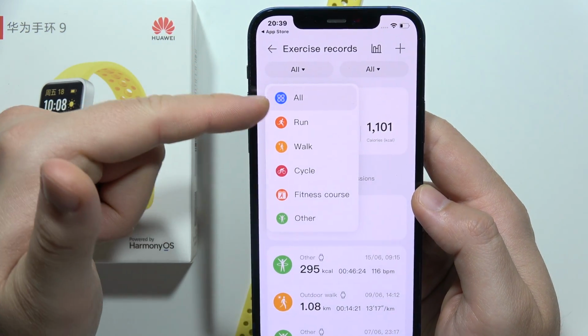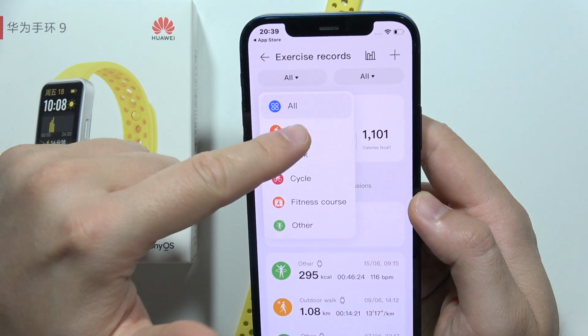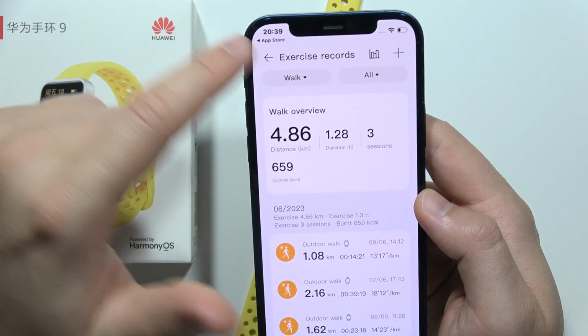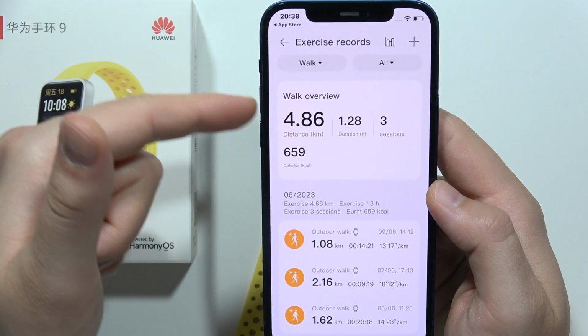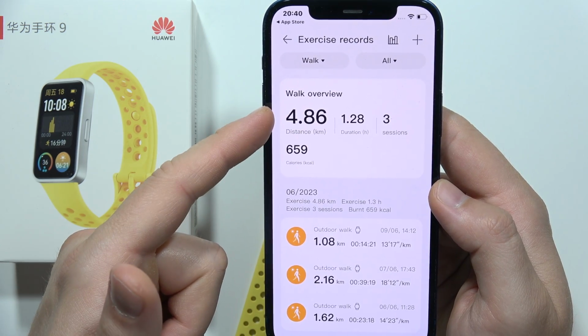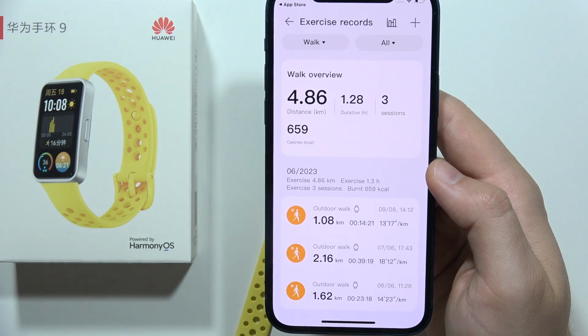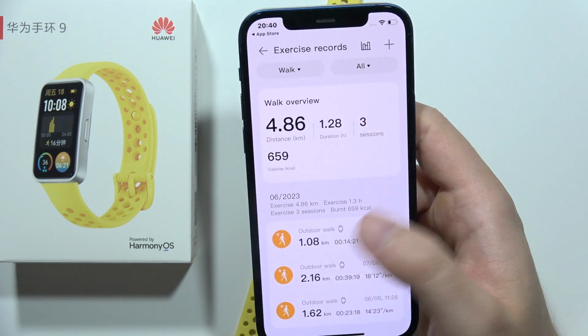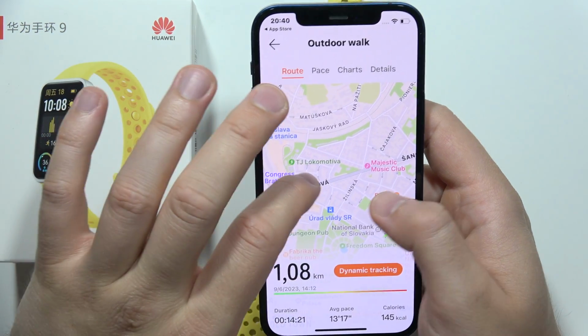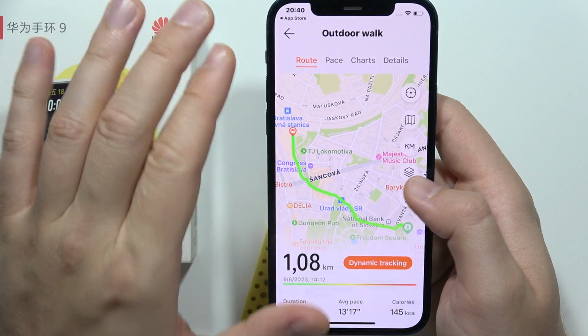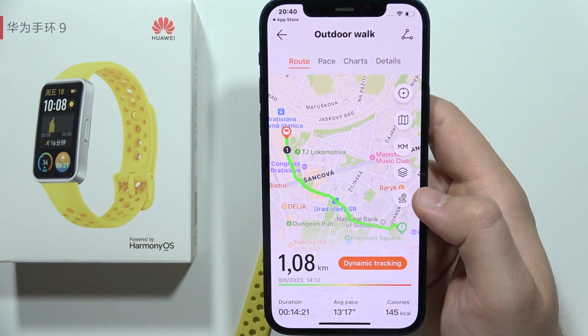When you click here, you can also set only for runs, walks, for example. So we've got the walk overview: distance, duration, sessions, and calories burned. But also you can open the specific activity, like for example this one, and you can even find, in this case, the outdoor walk on the map,